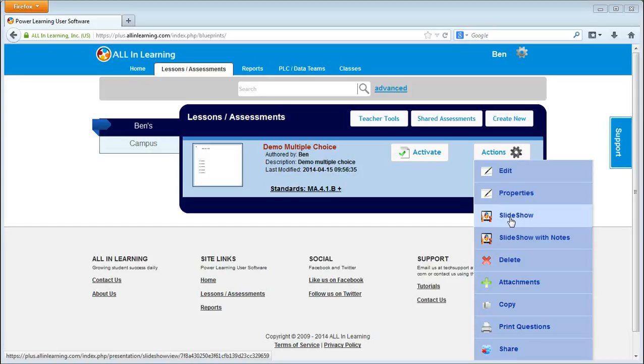And then the slideshow with notes is just the presentation but showing the notes. We have the ability to delete that lesson or assessment. We can add attachments to it. So like in this case, let's say it was a test that we had in a Word document format. We could create the answer key and we could attach that Word document to the answer key so that everything